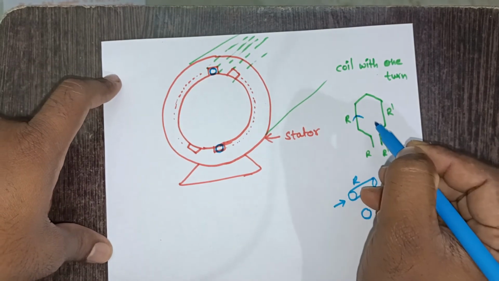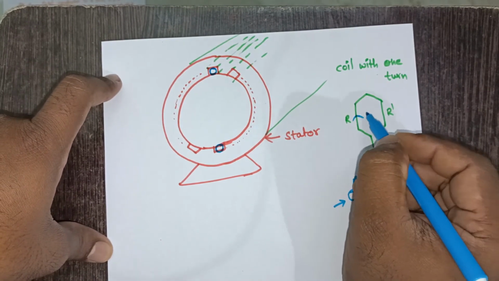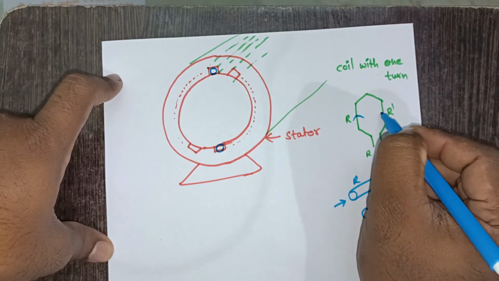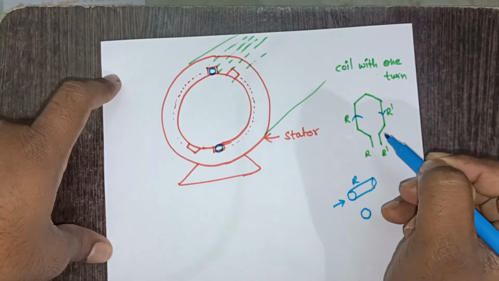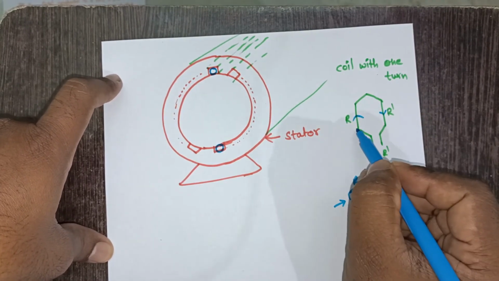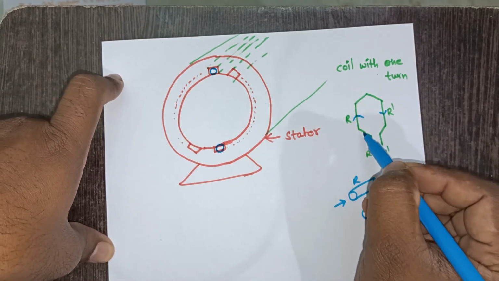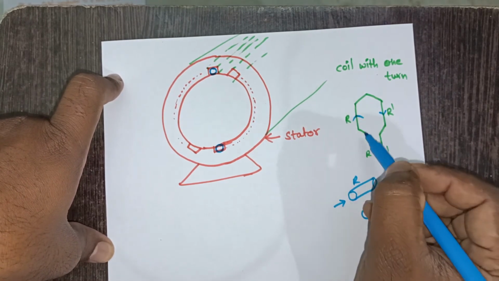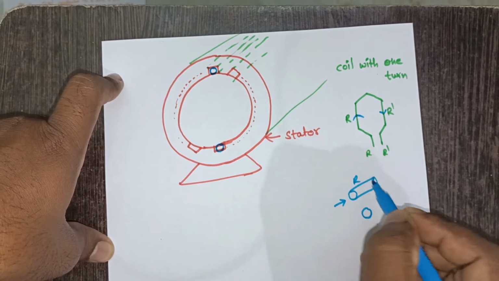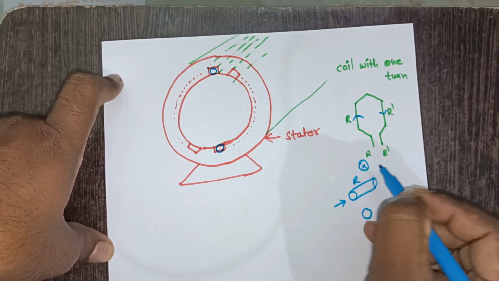Here current is going through the R conductor in this direction, and current direction in R dash conductor will be like this. And if you observe, this is going away from us, right? This is going away from us. So whenever it is going away from us, I can represent that current with cross mark, and current which is